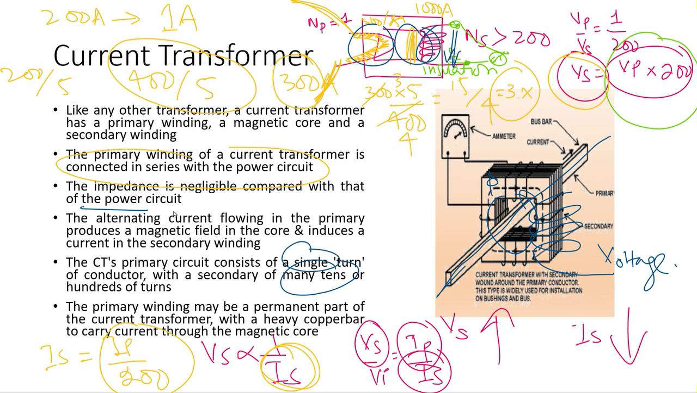The primary winding may be a permanent part of the current transformer with a heavy copper bar. So normally we use a copper bar, a very strong bar, for letting all the current pass through it. So we install a CT in such a manner that, let's say, we are having this bus bar which is carrying, let's say, 1000 ampere in it. So we cut this portion